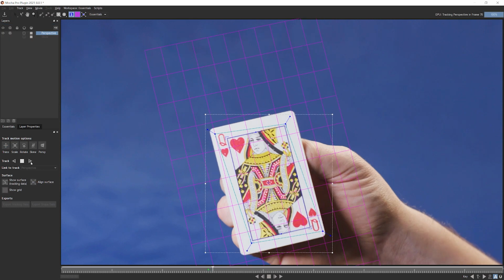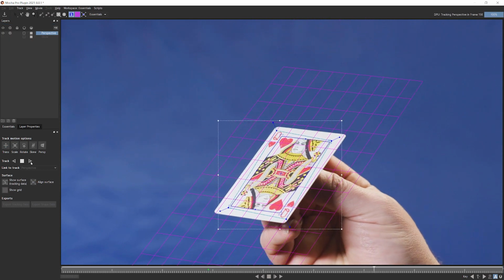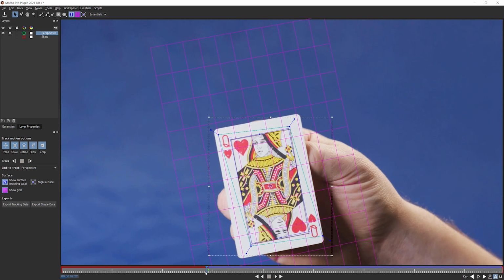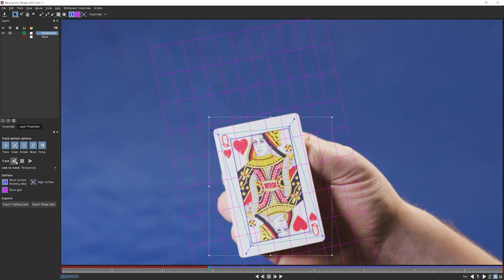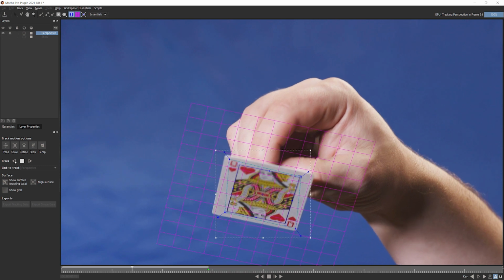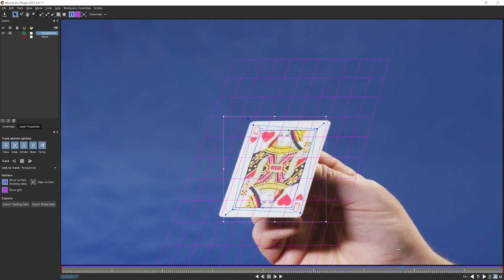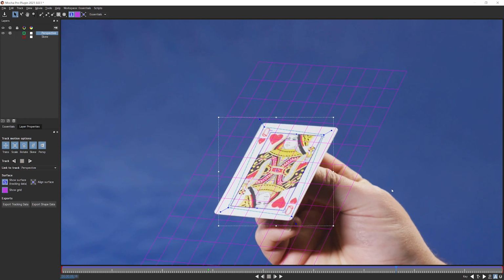And let's track that forwards. And track it backwards. And that also looks pretty solid. So, what's the difference between these two? Well, let's take a look at a random frame,